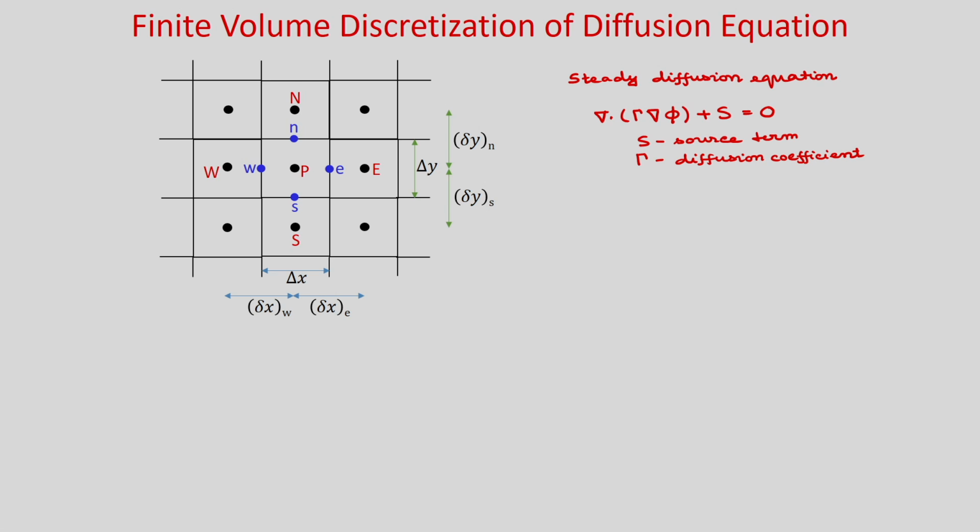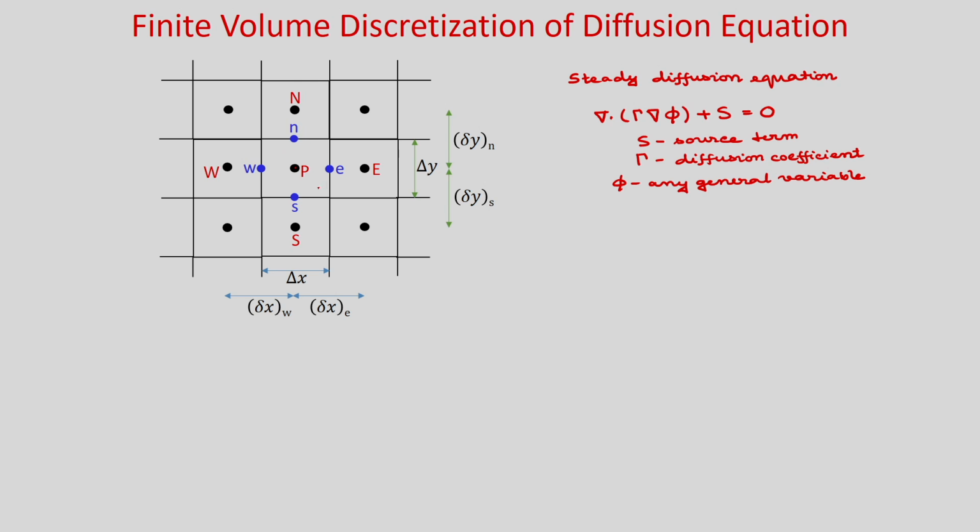So, now we have written this equation for any general variable phi. So, phi is any general variable, and this is the control volume we will use. So, you can see this is the capital P, okay, and this is the cell center of this main control volume, and the neighbor control volumes are in each direction, it is capital E. So, that is the cell center of neighbor control volume. Similarly, capital N north, W west and S south.